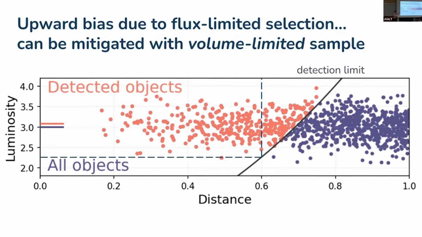Your selection must be a function of volume, which also basically assumes that you're not trying to study anything with a luminosity lower than some lower bound. And then you can create what we call a volume limited sample, where we again try to recover an unbiased estimate of the detected population. In other words, we're going to throw away all the stuff that's out here in that wedge, because we know that that's a biased sample. This is something you often have to account for in observational astronomy.